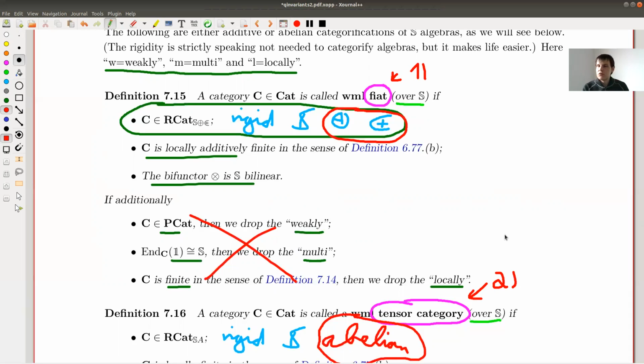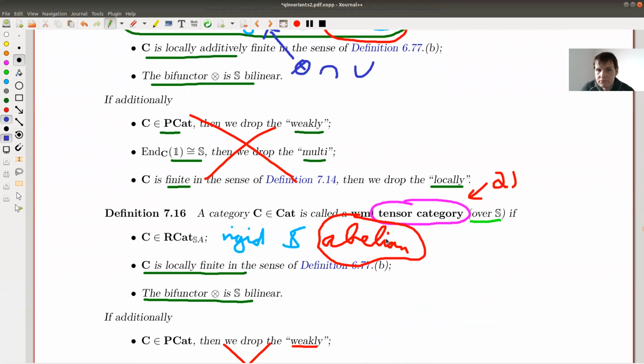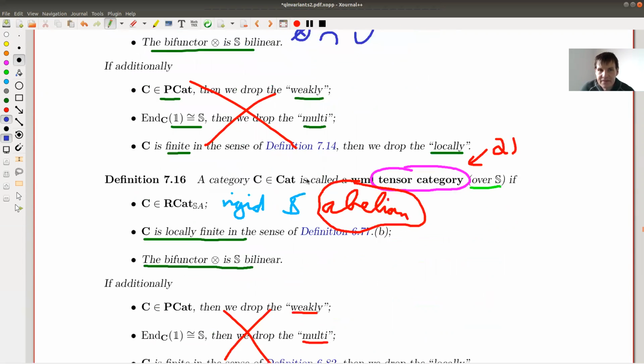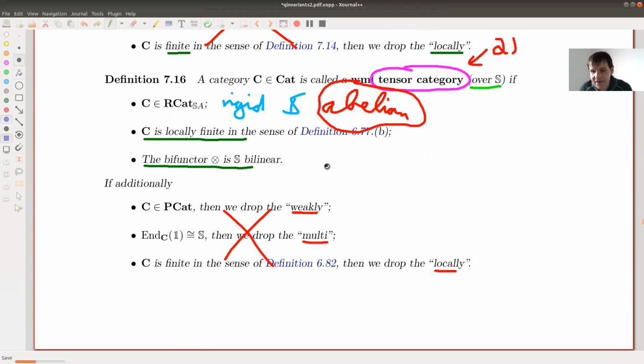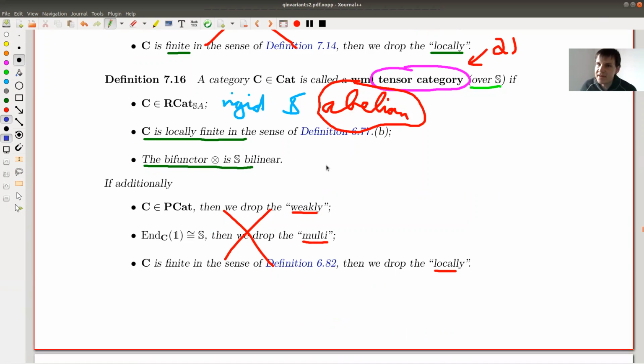They are rigid, which is monoidal and having duals. So remember, this was just, you have a monoidal structure and you have basically duals, cups and caps. They are S-linear. That's easy. And here I would assume that they are additive and idempotent complete. And here I would assume that they are abelian. And then there are some enrichments, as I said, which I'm going to ignore anyway. In the text, I'm not ignoring them, but at least in this lecture, I'm basically trying to sweep it a little bit under the rug because it's too confusing.